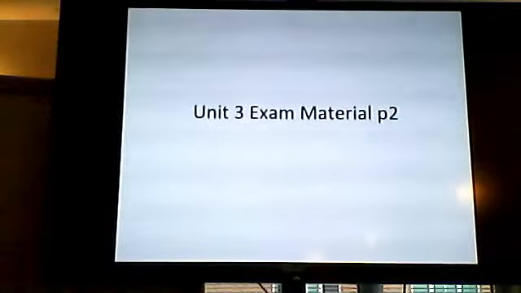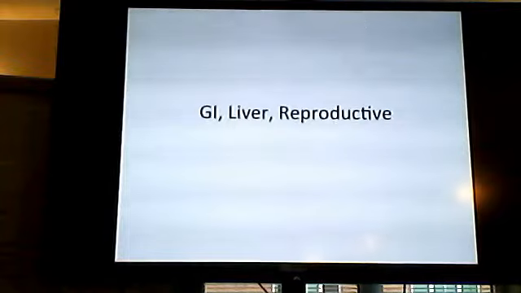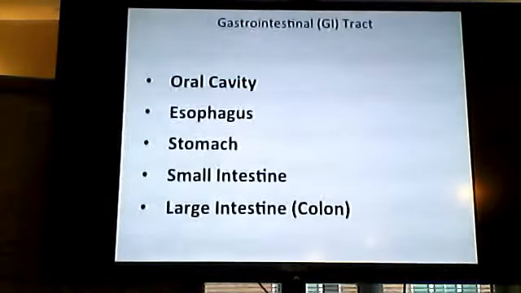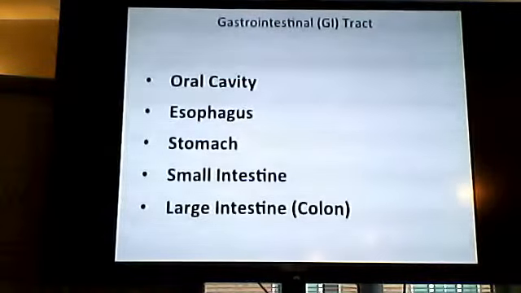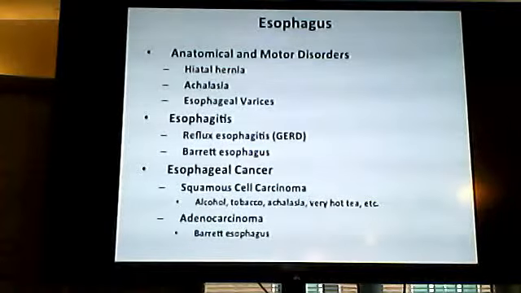Alrighty. Okay, so last bit I will run through as fast as I can. GI tract, oral, esophagus, parts of the GI from like your mouth to your colon. And then there's anatomical disease, there's inflammation, and there's cancers. Basically, that's kind of the theme of this entire PowerPoint.